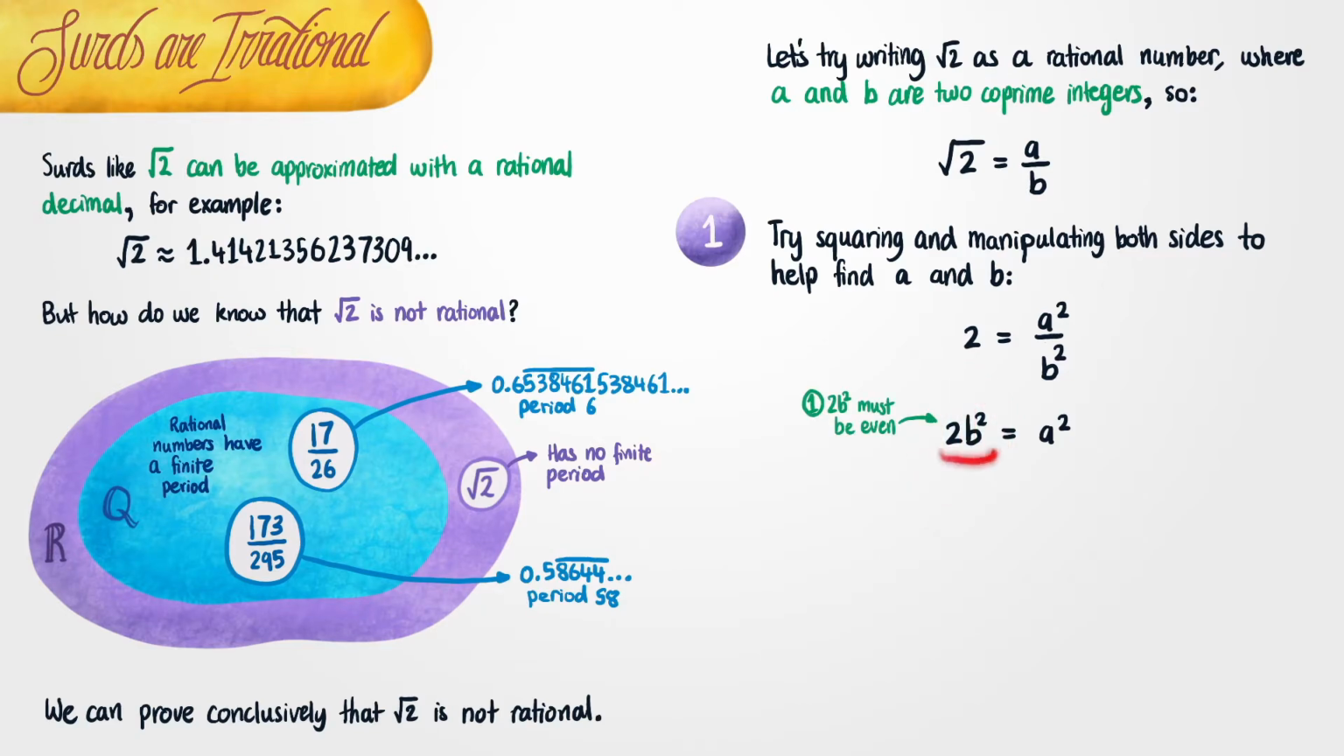Now, if 2b squared is going to be an even number, and the left is exactly equal to the right, then if the left is even, the right must also be even. And that means a squared must also be an even number. Now, if a squared is going to be an even number, there's actually something else we can also say about